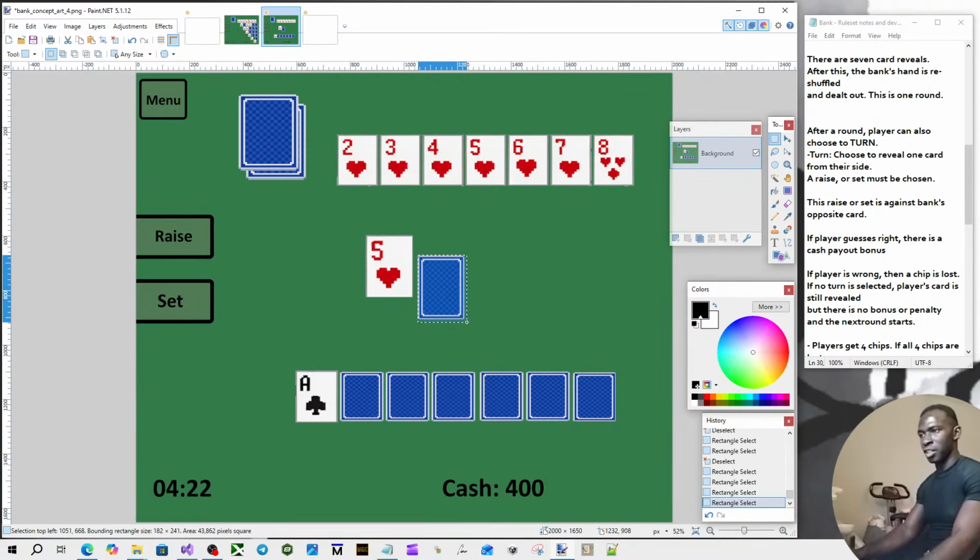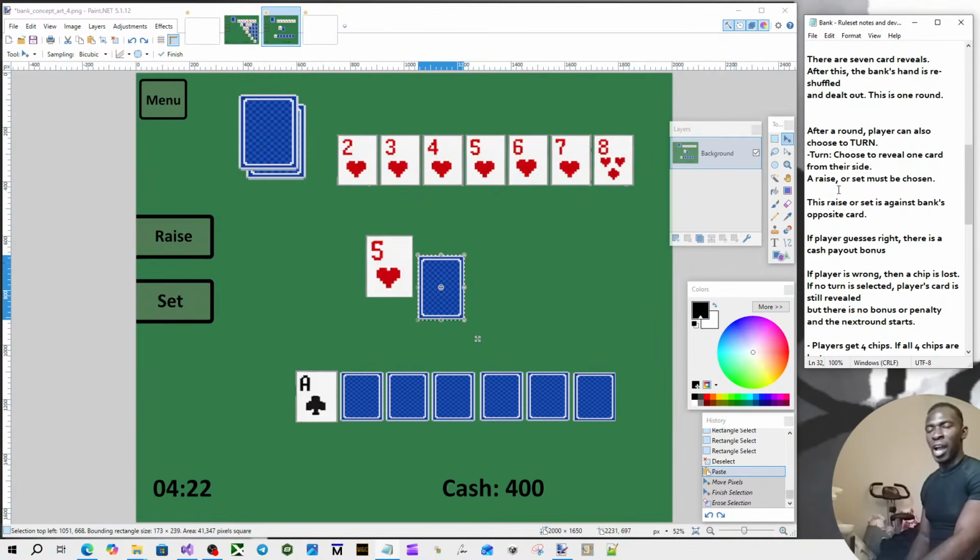I'll just quickly see if I can demonstrate this with my prototype. So let's say this card is face down, and then what do I do? I select turn at the end of the play. So, oh goodness, I shouldn't have done that. What happens? Boom, the card is face up. It's an ace of spades. Ace of clubs, sorry. But what I need to do is, on a turn, I need to guess whether it's a higher